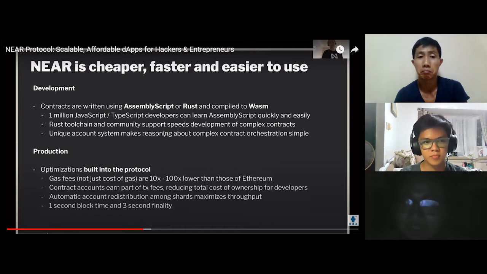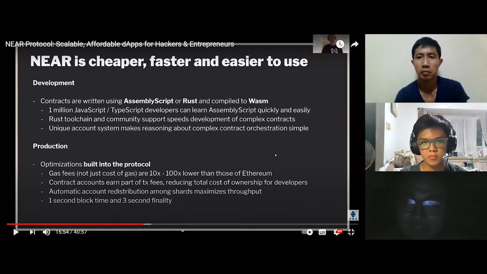At mas mabilis nga siya, hindi nga tulad siya ng Bitcoin. Sometimes hindi lang siya 10 minutes. It must take 1 hour depending on the amount that you will send. Especially if you are sending 1 million pesos worth of Bitcoin, maybe it will take a day before you receive or to complete the transaction. Yun lang.